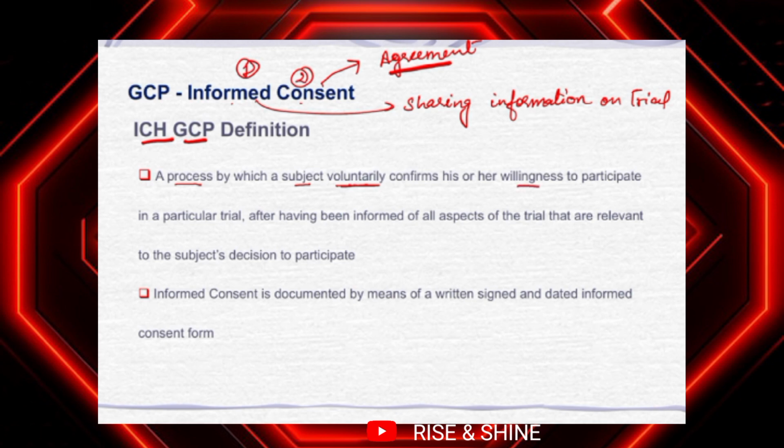What I told you at the very first instance is that this is after being informed about all aspects of the trial that are relevant to the subject's decision to participate. So basically this is a process where a participant is informed and voluntarily gives their agreement, or maybe they can say no,